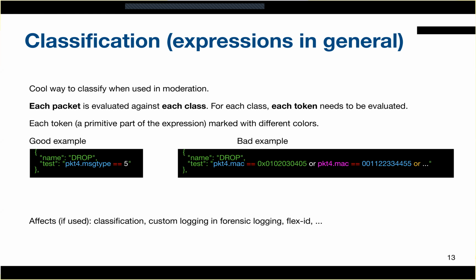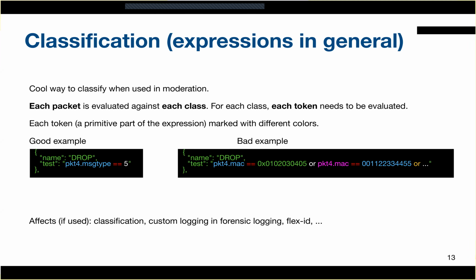Historically, the first one was client classification. Then we added the ability to use this in custom options and in custom logging, in forensic logging. And recently, there's a DDNS tuning hook that is being released today